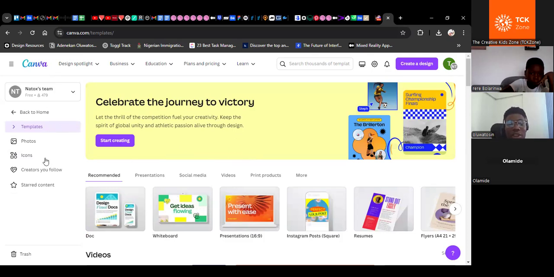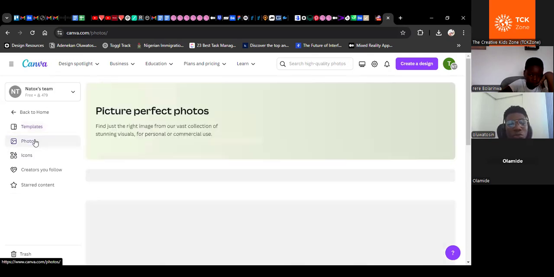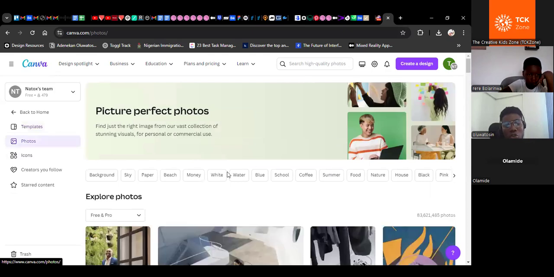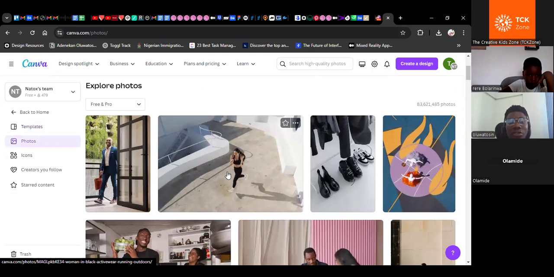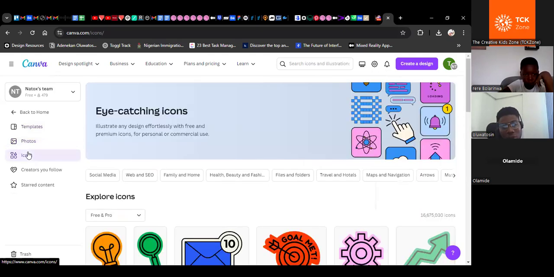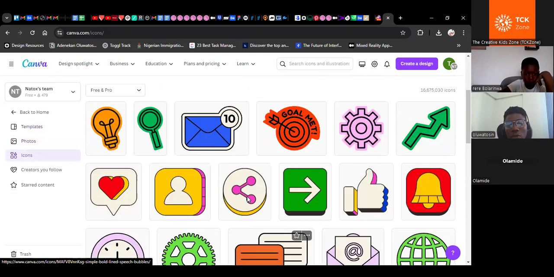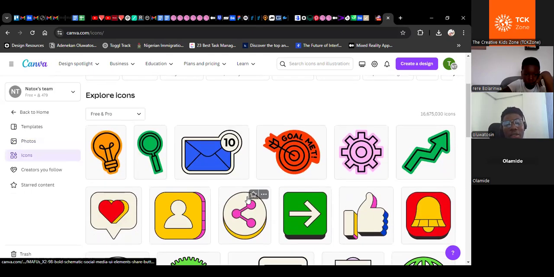You can check from the template here, and Canva will give you lots of templates. I mentioned that these photos can help you fetch any pictures online, any pictures at all. So as long as you can name the picture, Canva will fetch it for you. And then this icon as well, doing the same thing, giving you varieties of icons, right? Colorful icons and also black and white icons, which are normally called SVG or